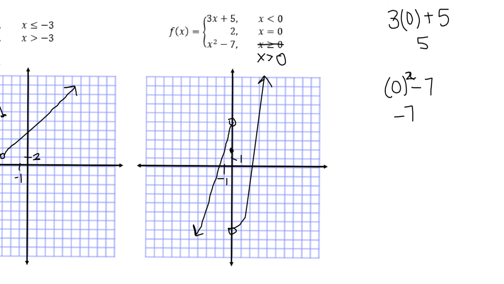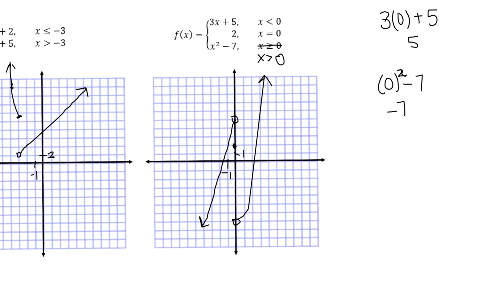So it's very important for piecewise functions that you graph each piece for its inequality and make sure to pay attention to whether or not it has equal to, so you know to have an open or closed circle at